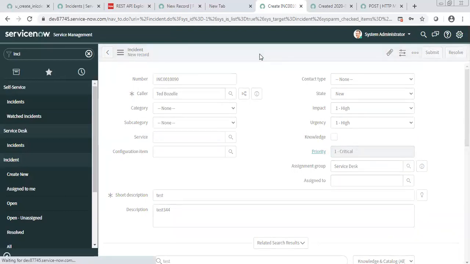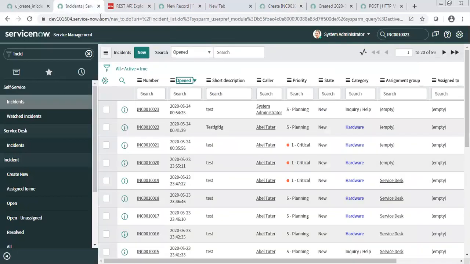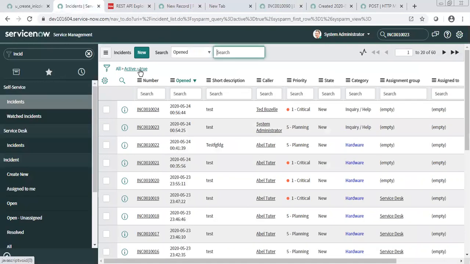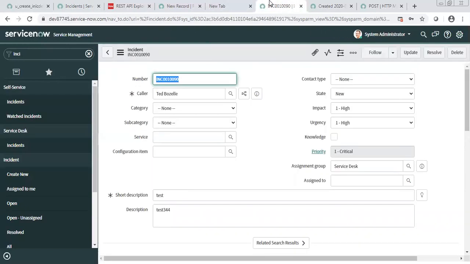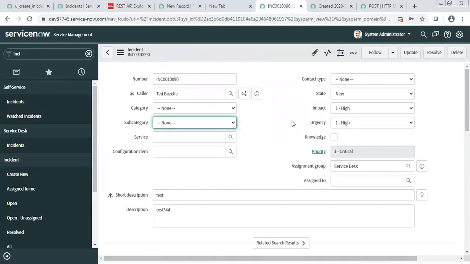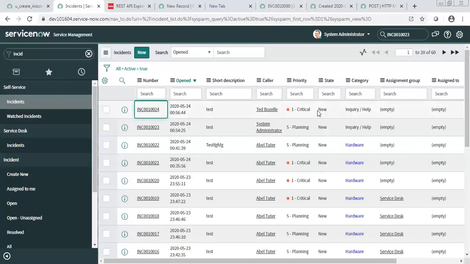I'm not doing anything else. Now if I come to my incident list and refresh it, 60. So that is what was created just now. And the caller, if you see, is the same here. The test is there. Priority is one for your incident, and priority is one for the incident here.